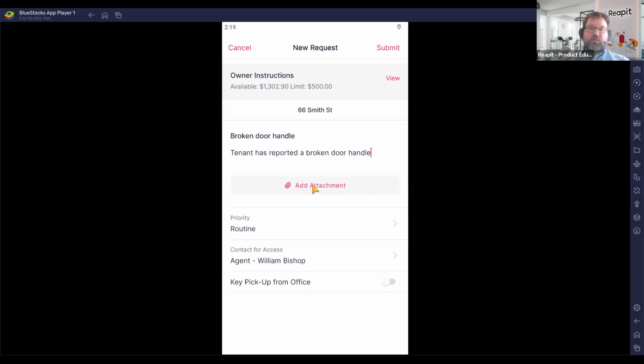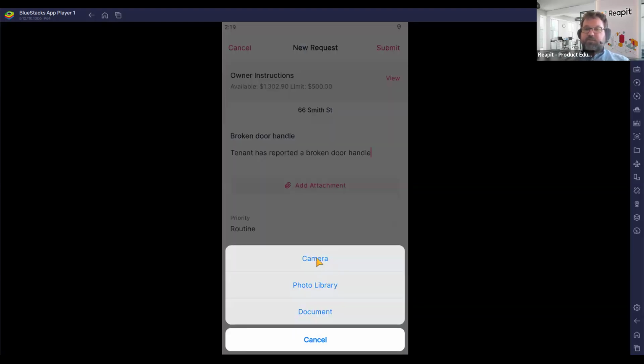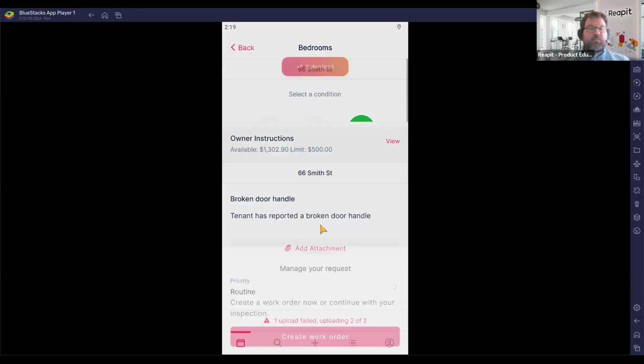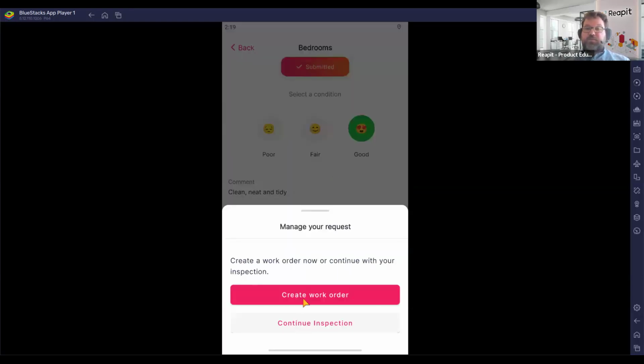I don't have a photo of a broken door handle, so I'm not going to, but it's a relatively straightforward process. You can either use your camera or your photo library to do so. Hitting submit creates the maintenance request, at which point I can create a work order from here directly. But if I need to talk to the owner first, I'm just going to continue that inspection. We'll pick that up later